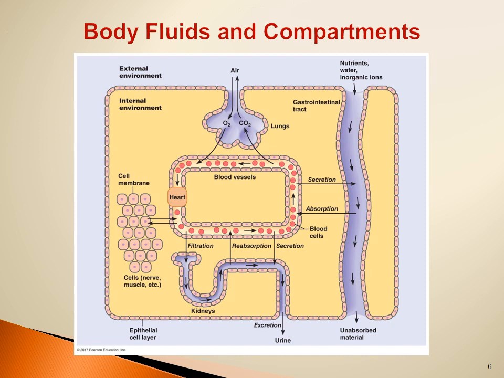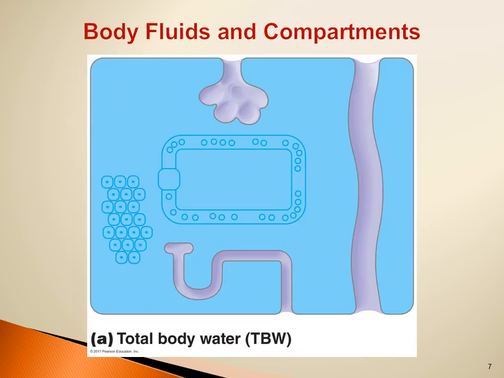This total body fluid is distributed in different compartments. If we consider the blue part in this figure as the total water of the body that is present inside the organism,